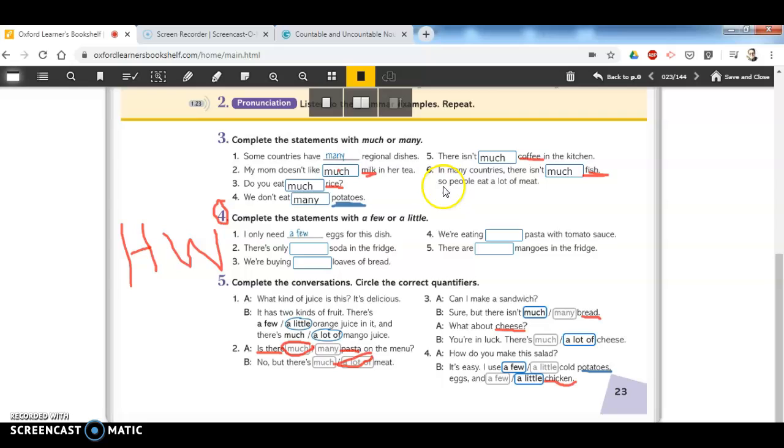Porque aquí veo que adelante dice, así que las personas comen mucha carne. Acá les otros ejemplos para que vean que me voy guiando de que si el sustantivo es plural, necesito un cuantificador plural. Si el sustantivo que está después del cuantificador es singular, entonces el cuantificador es singular. That is it, guys, girls. I really hope